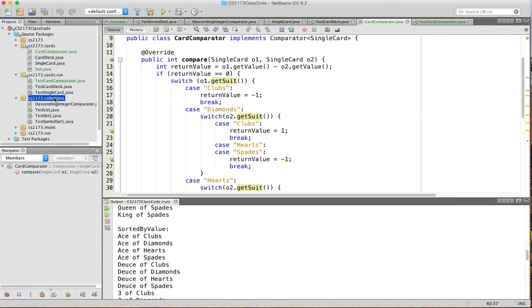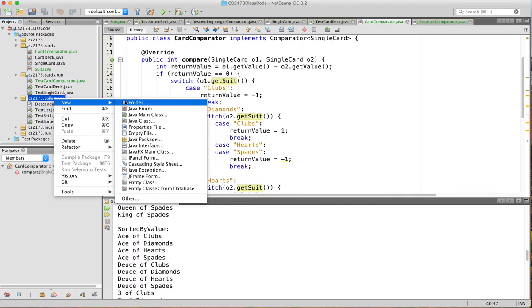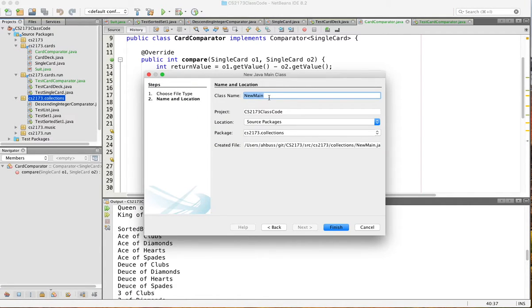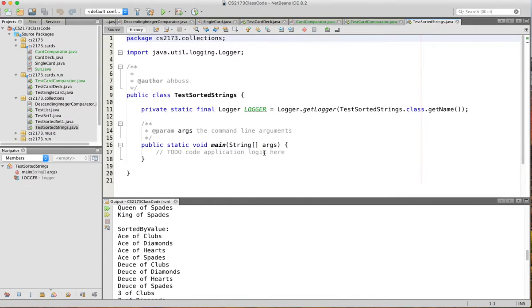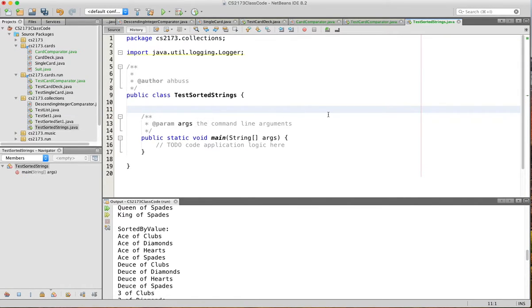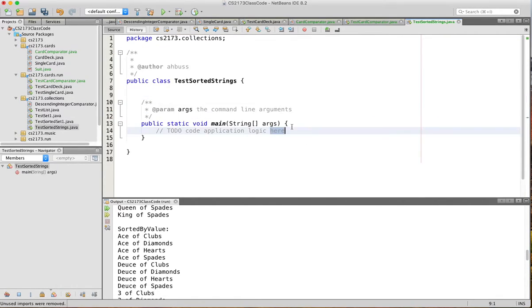Okay, so now in the last minute, I want to look at strings. All right, so now strings are comparable, and so I can put them in a sorted set. Again, TreeSet is the only